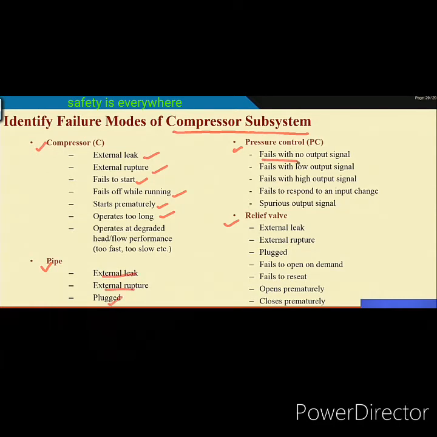Pressure control: fails with no output signal, fails with low output signal, fails with high output signal, fails to respond to an input change, spurious outputs. Relief valve: external leak, external rupture, plugged, fails to open on demand, fails to reset, opens prematurely, closes prematurely.